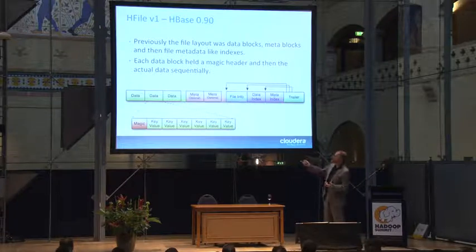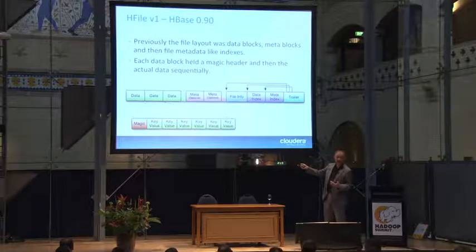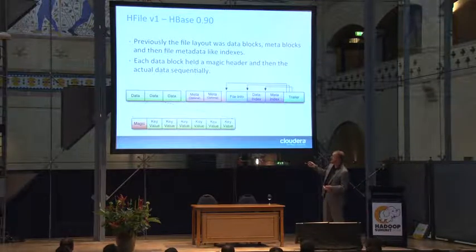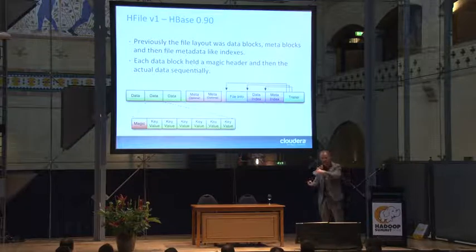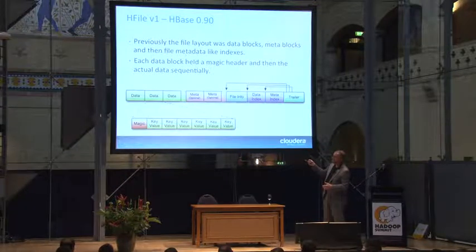In the previous format, we had the data blocks here. The data blocks had a magic starter, that's just a predefined set of bytes that indicate here starts a block. And then you have these key values, which are actually your column and the value of that column. And then you had some metadata blocks. They were optional. If you don't use metadata, they were empty. And then they had a trailer, and that trailer kept indexes into the file.